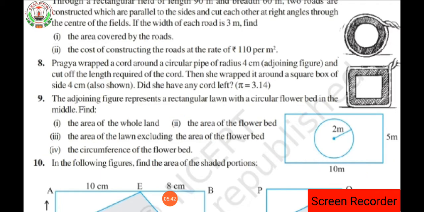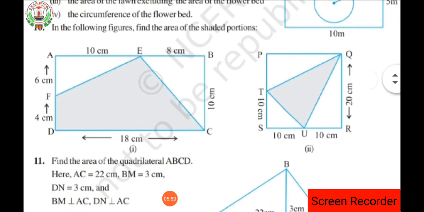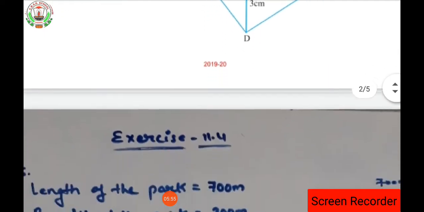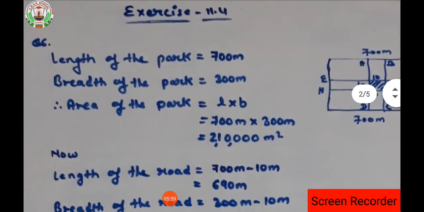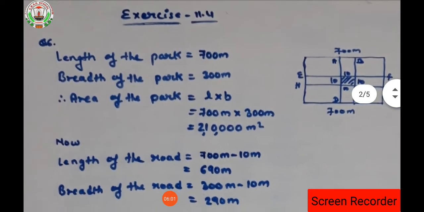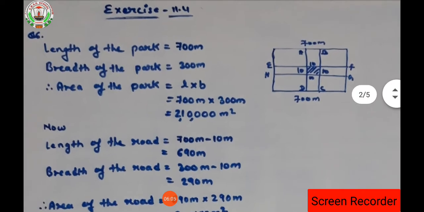So dear students, in this video we are going to see 4 questions, that is questions 6, 7, 8 and 9. The other 2 questions, that means the 11th and 12th questions, we will see in the next video. Clear everyone? So let's see one by one the solutions of the questions which I have explained to you right now. Clear? So here are the questions which we are having.